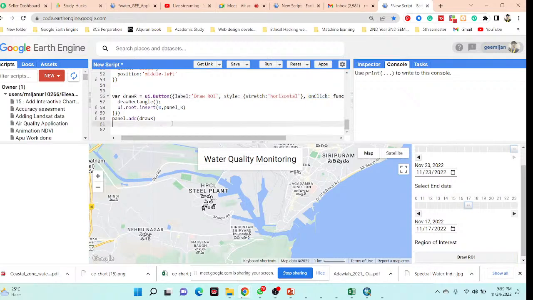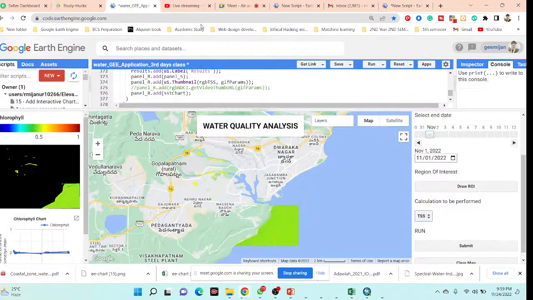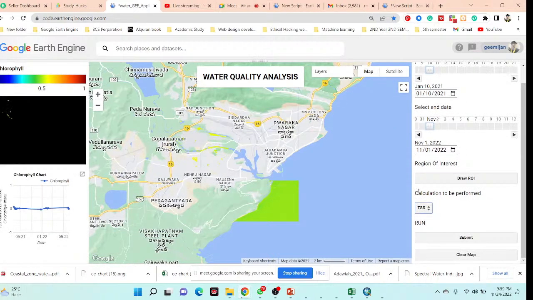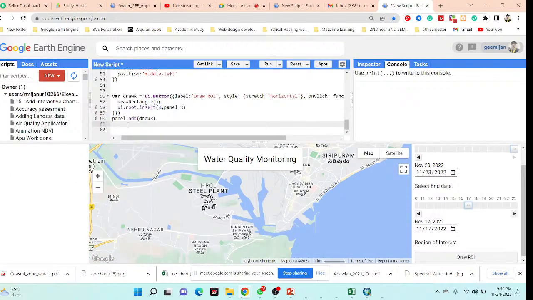Okay, so this time I create my ROI. Then I check what I need. You can see this time I draw the ROI. I need to add this type of calculation to perform this type of sentence. I want to add. Okay, then I simply copy this. So it's very easy. So using the same process, I need to add this in my panel. Okay, so I simply copy this, and then I just simply